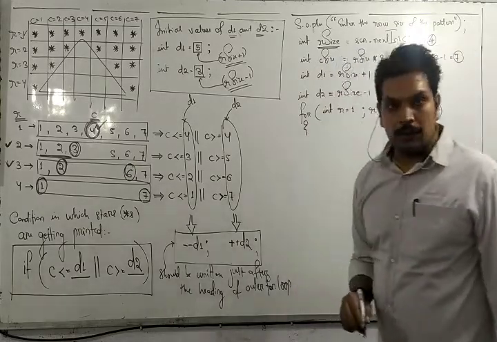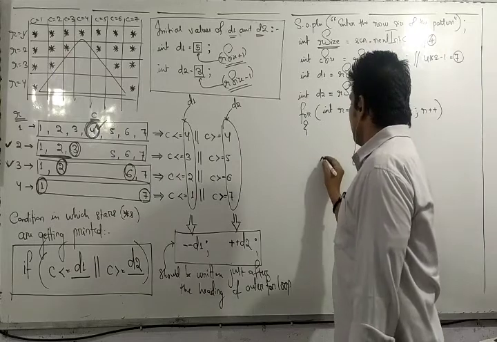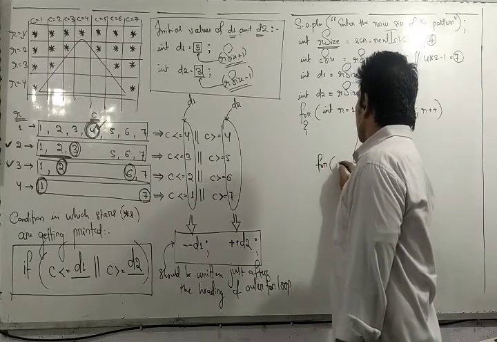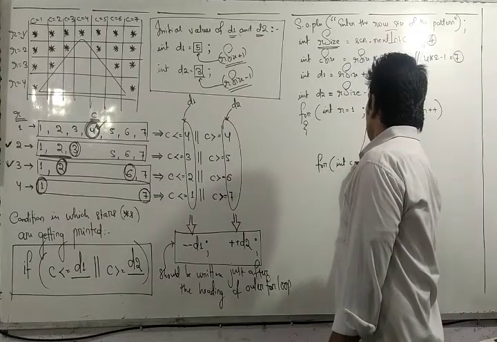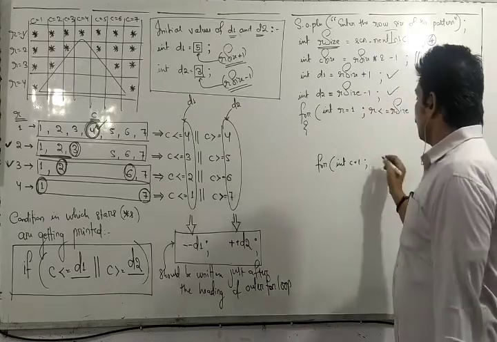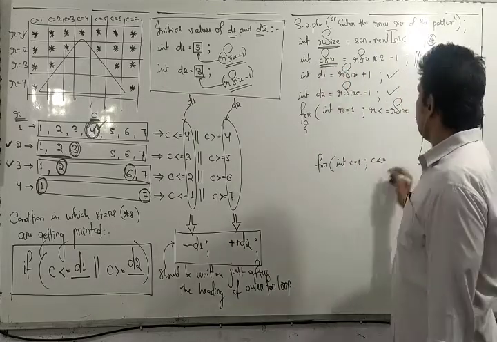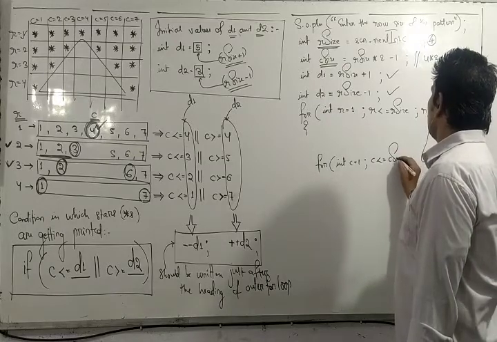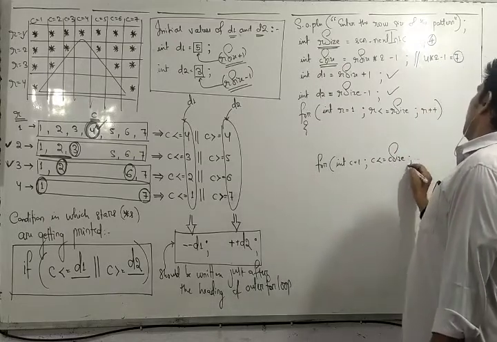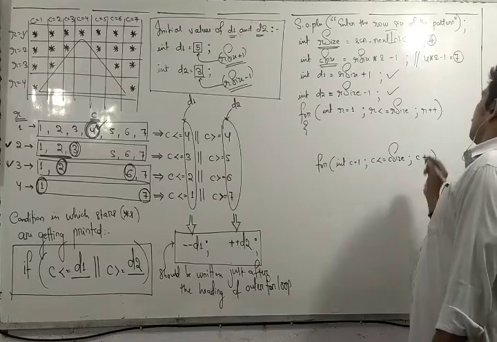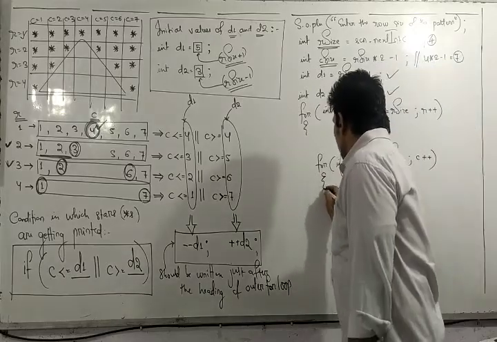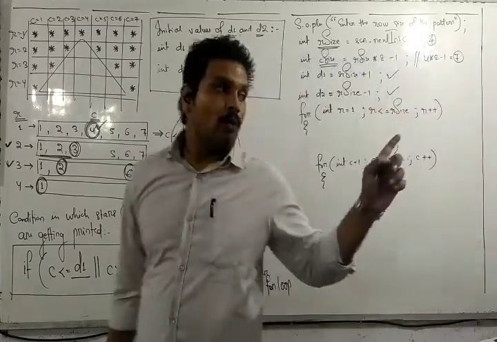Start the block of outer for loop and then inner for loop. Int column is equal to 1, column is less than equal to C size, and then C plus plus. Within the body of inner for